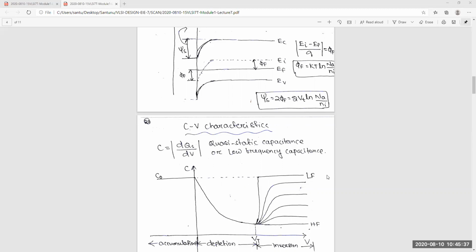So what happened actually in the device? The capacitance equals 1 by 2 pi fC. So if the frequency increases, the capacitance will decrease, I think. Frequency increases, capacitance decreases. No, it decreases means it's constant, and at low frequency it increases. So what's your explanation? Xc is equal to 1 by 2 pi fC.